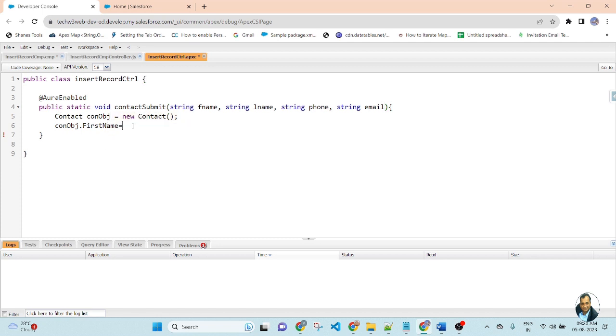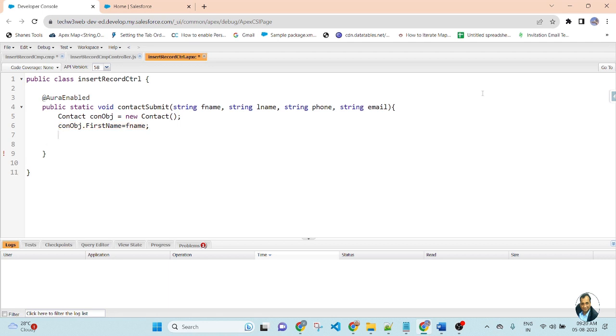This is the name of the field and here we will pass the value. The value will come dynamically. So copy this line and paste it three times. The second is for lname, so the field will be LastName. Third is for phone, so the field name will be Phone, and the Email field will be email.